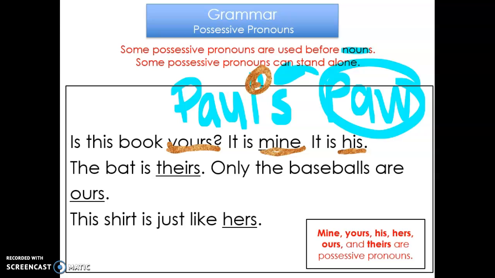Okay, same thing here. The bat is theirs. It belongs to the people who they're talking about. Only the baseballs are ours. Okay, so ours is the person who's talking. Last one, this shirt is just like hers. So the shirt is just like hers, the one that she owns. So all of those, mine,